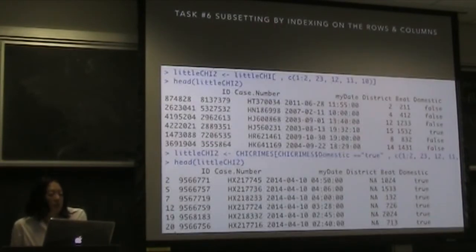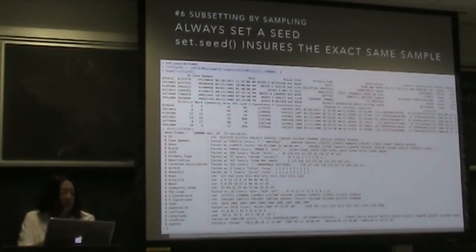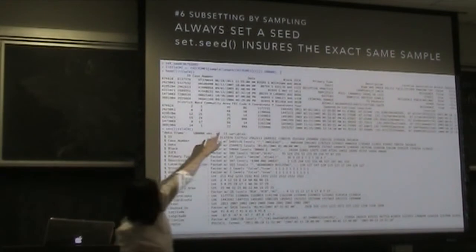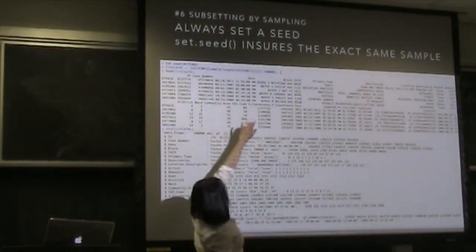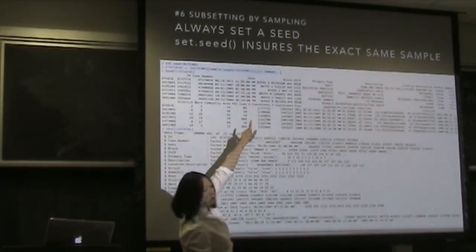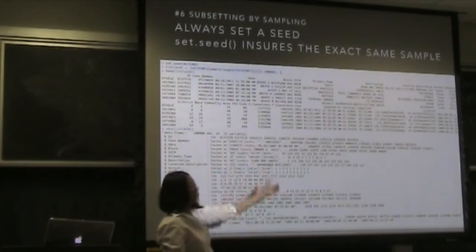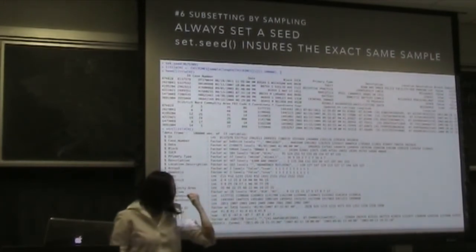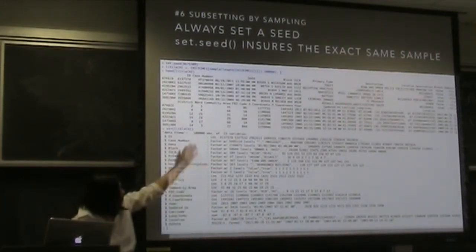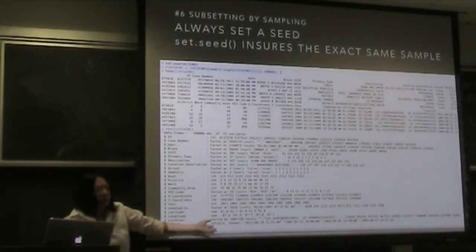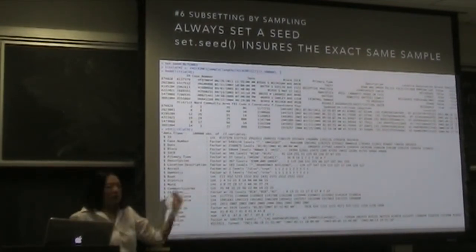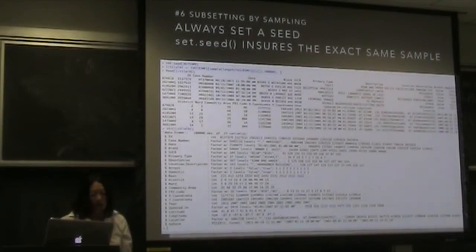Questions? All right. You can also subset by indexing on both the rows and the columns. So in this previous one, at the point where there's a comma and that right square bracket, I could have put in a vector of values and thereby select only those particular variables for analysis. If this was our DataFest data set, there are a lot of things I wouldn't use. A lot of things I wouldn't use.